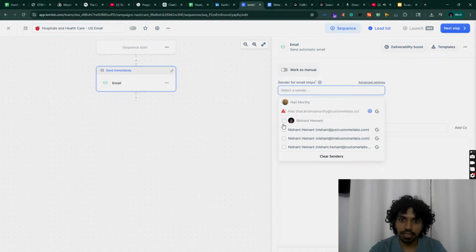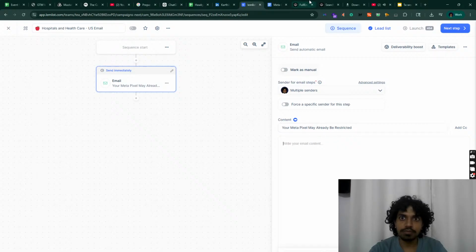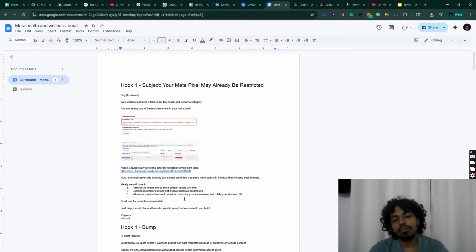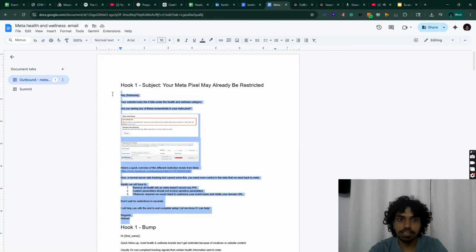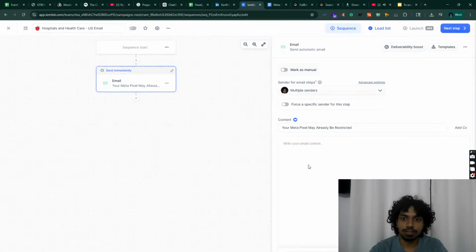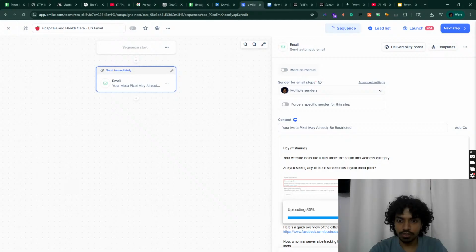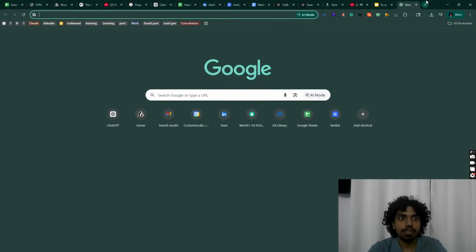I will attach some emails over here, and yeah, okay, that's the first email. One thing is that whenever you are writing a mail and you have images in it, these images won't come when you just paste it over here. The problem with this is it has to be an HTML web page where it can directly download it from there. So what we do is we go to the